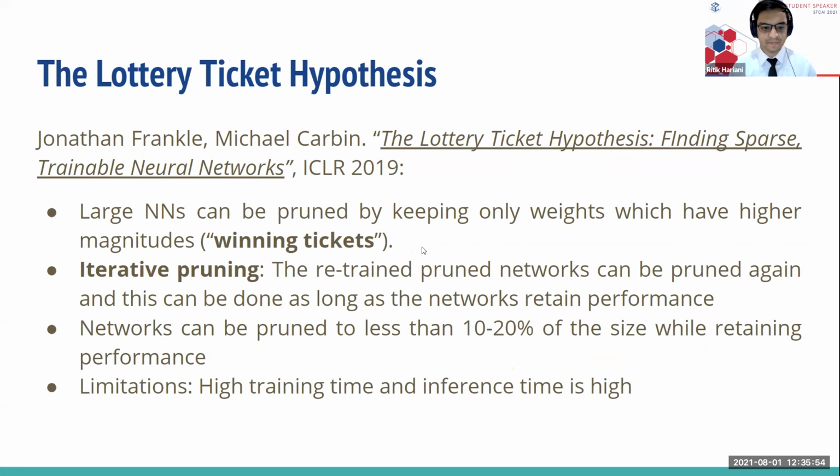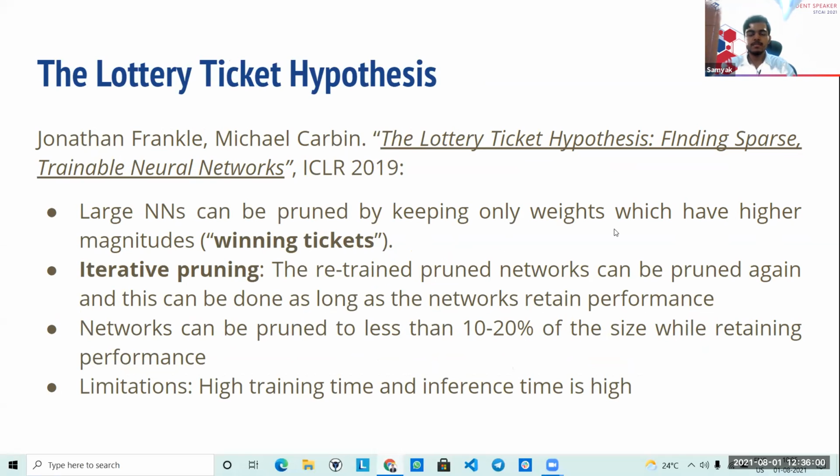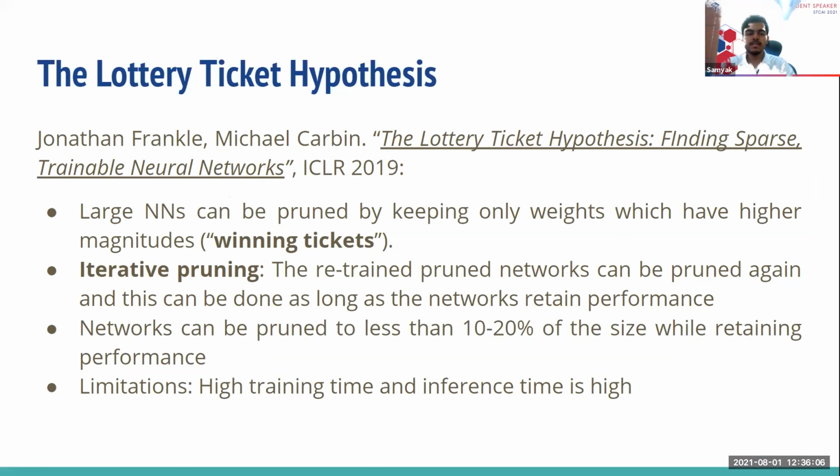Thank you, Ritik. Pruning techniques are used in neural networks to reduce computation and memory usage. This is done by removing certain weights of the network. In the lottery ticket hypothesis, the weights which have high magnitude are kept, and the ones which are closer to zero do not contribute much to the final output, so they are removed. The weights of higher magnitude are called winning tickets. Now the pruned network is retrained to completion and then pruned again. This is repeated until the model is of the required size. This is called iterative pruning.